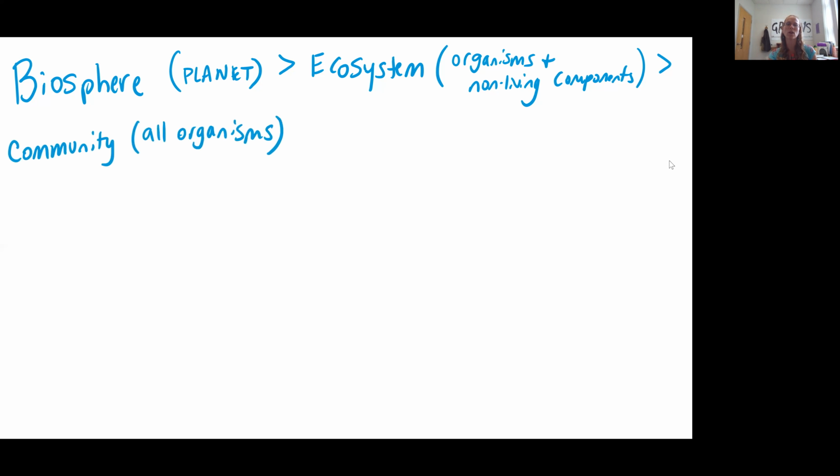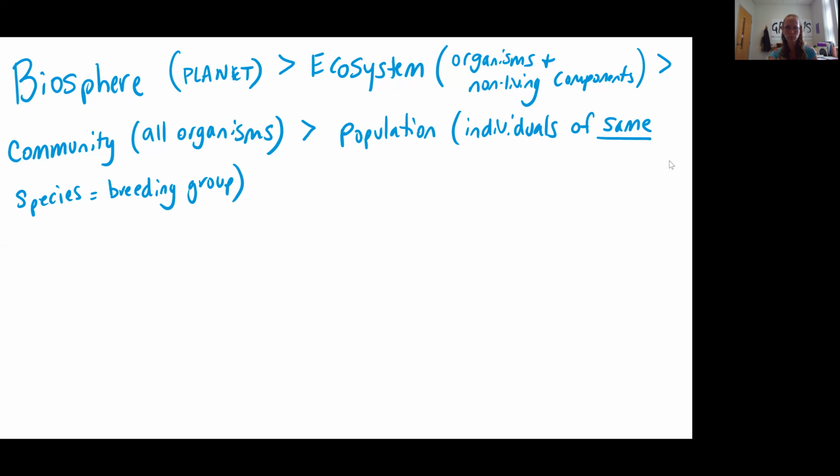Ecosystems are composed of communities, and a community would be all of the organisms found at that particular ecosystem. So look at your term ecosystem as referring to the living and non-living components, and the term community as referring just to the living components. This is all the organisms that are found in that particular area. So again, this would include bacteria, and this would include fungus, mushrooms, and this would include your plants and your little unicellular protists and your complex animals. All of that life would be considered part of the community.